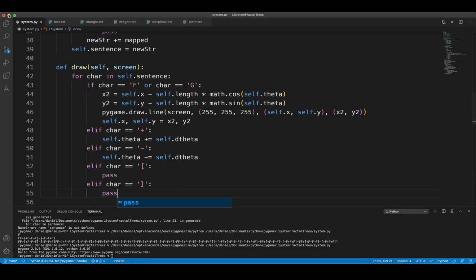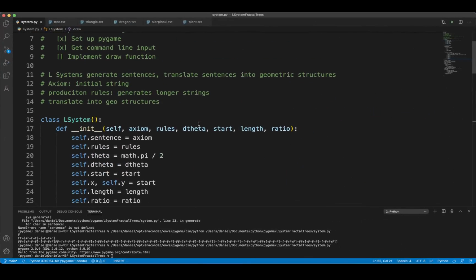So if we get an open bracket, save the current value of position and angle. So push it onto a stack basically. And then if you get a close bracket, pop off the position and angle from the stack. So let's implement this with